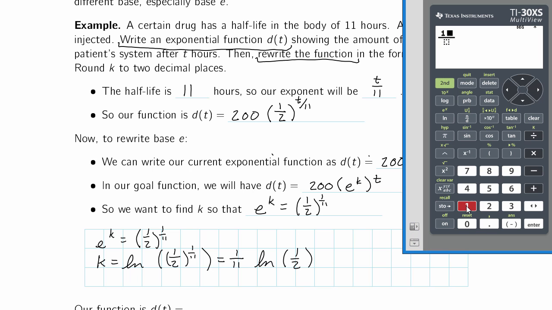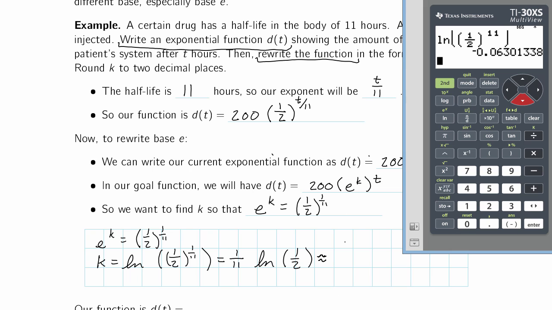So 1/11th ln 1/2, or we could just take ln of 1/2 to the power 1/11th, which I don't like mostly because it looks awful. Same number though. Either way, we'll get that k is about,